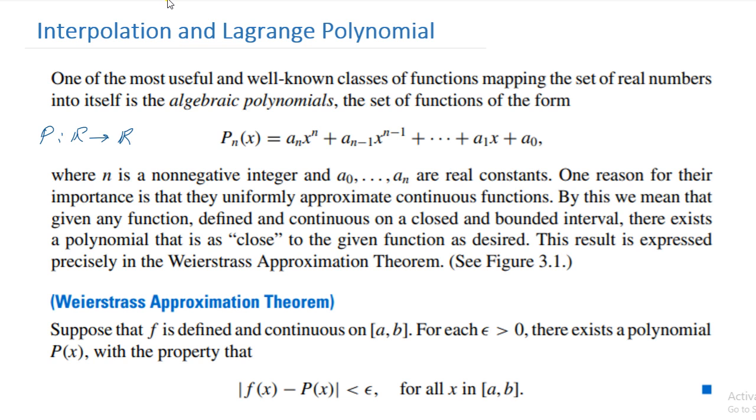Okay, and this is the nth degree polynomial because the highest power here is n, and an is not equal to 0, because if an is 0, then the highest power is n minus 1, not x to the n. So the highest power should not have a 0 coefficient. All others can be 0. Okay,